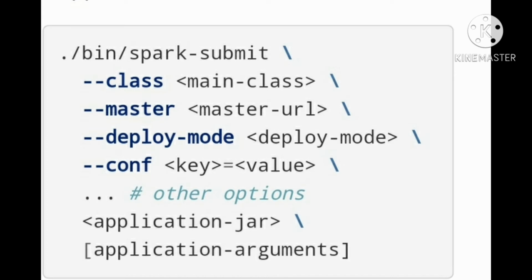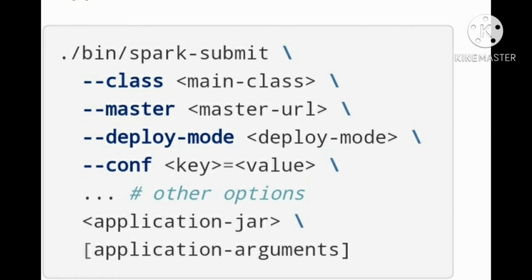The driver program will execute in the edge node itself. While you are giving the deployment mode equal to client, the driver program will execute in the edge node itself.